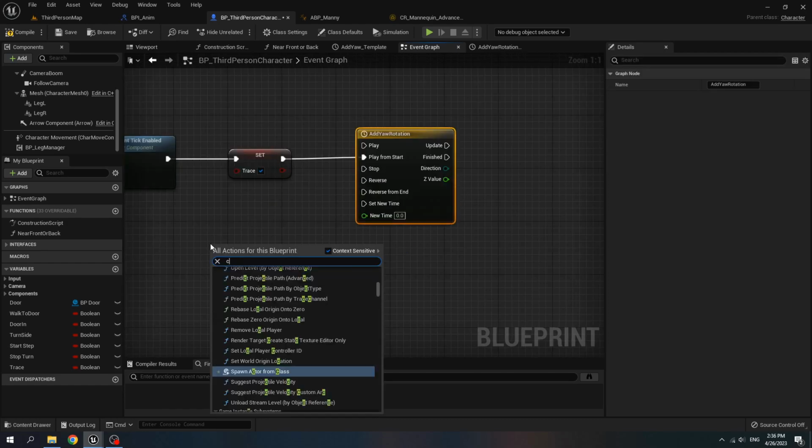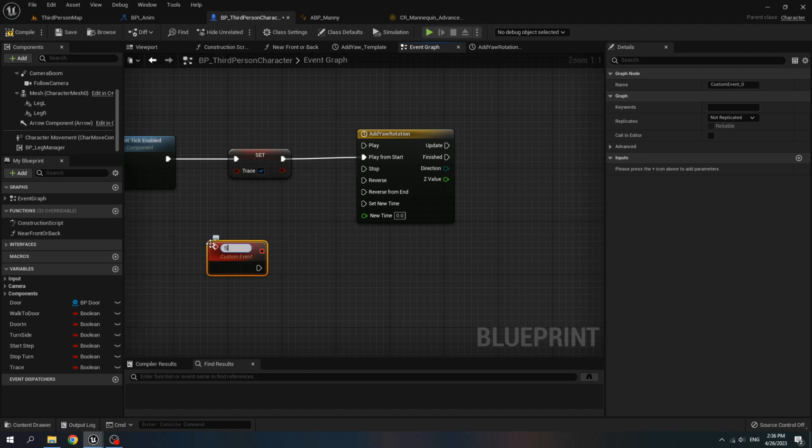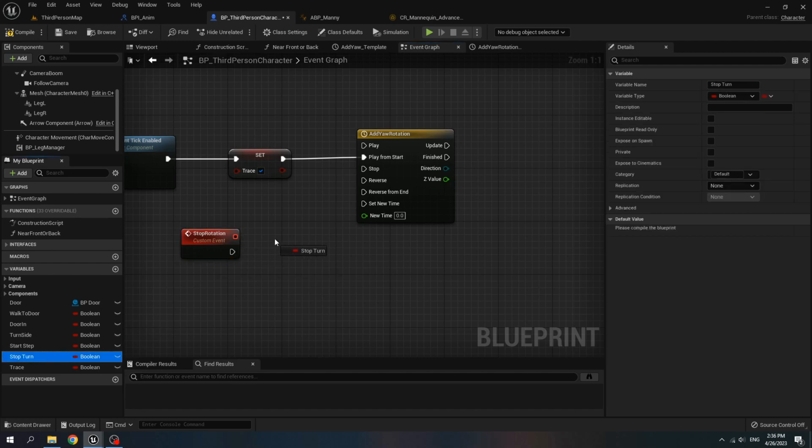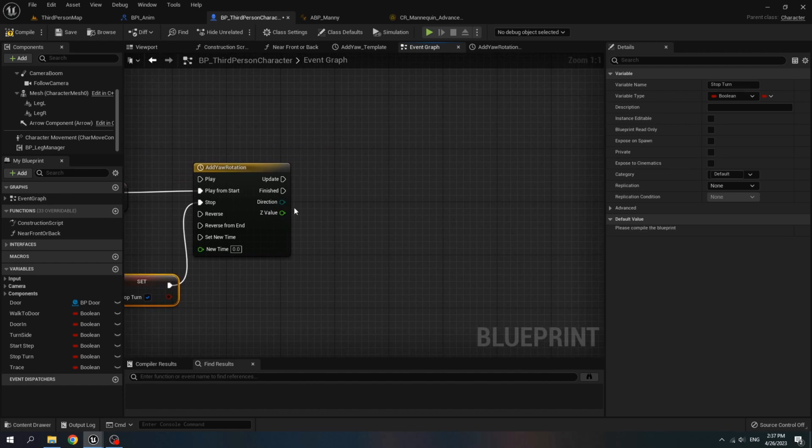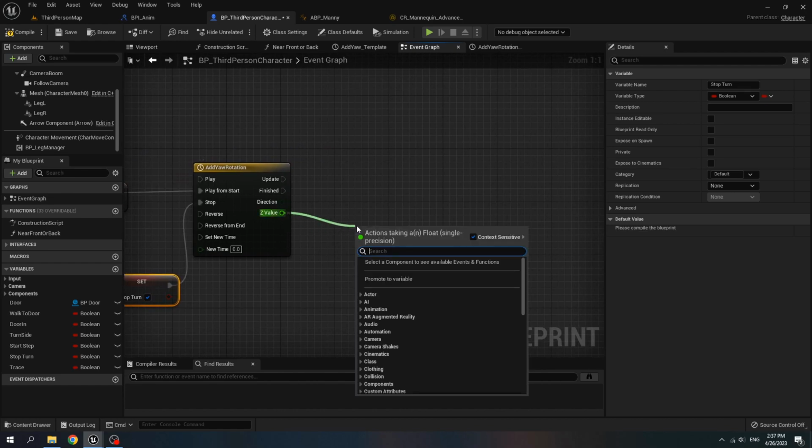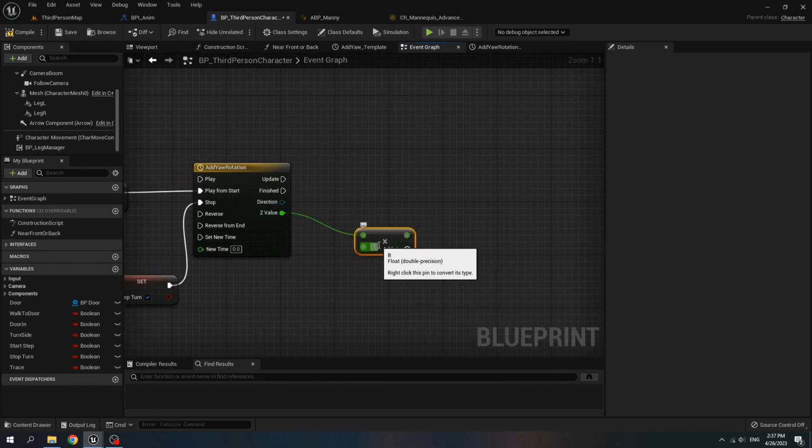Create a custom event, call it stop rotation. This one we call when the character is facing the door, and set stop turn to true, make it to stop, and the value multiply it with 1.15.